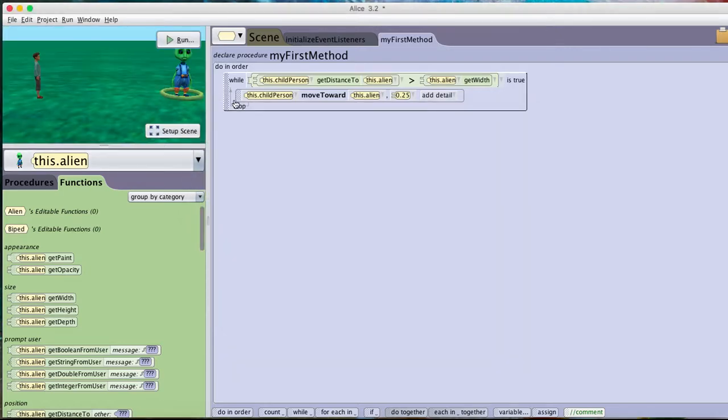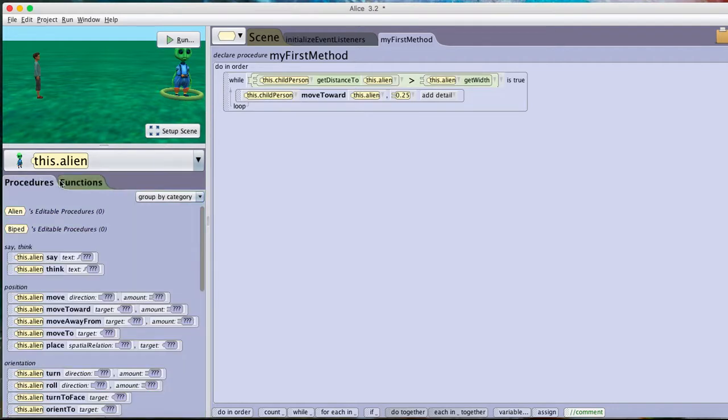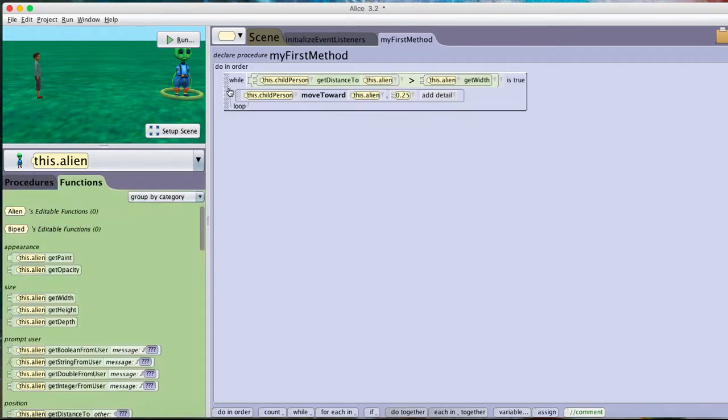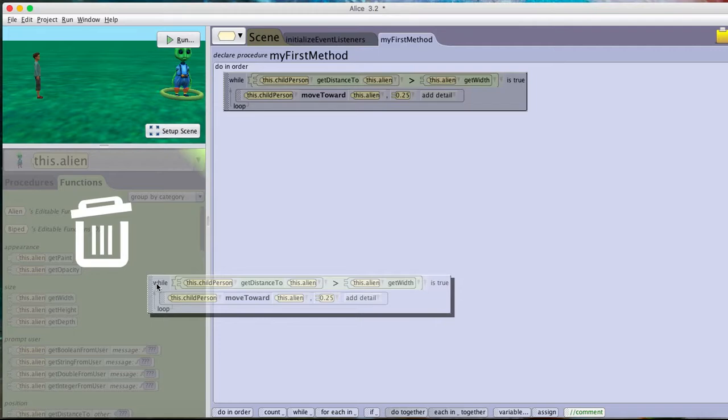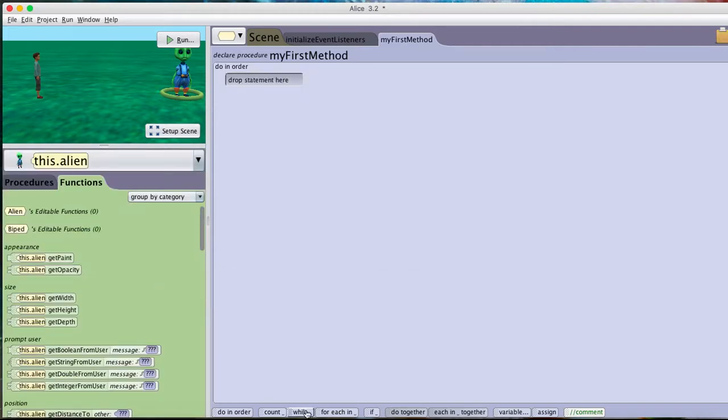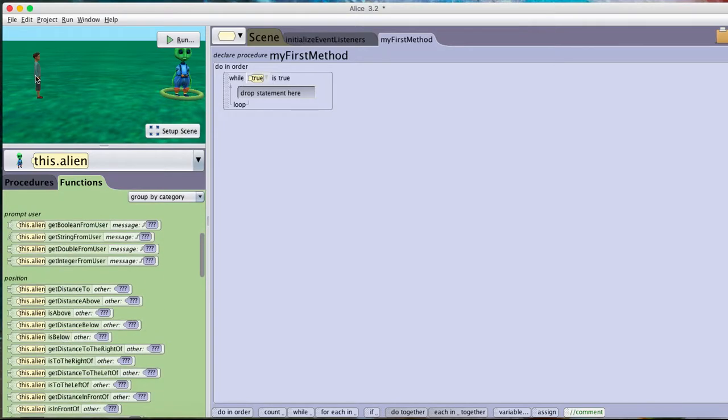So now, using the colliding with function, I can just do this, which is simpler, but sometimes the colliding with isn't as precise as you need it to be, and that's when you use getDistanceTo, and you would just shorten the distance to however much you wanted it. So while this person